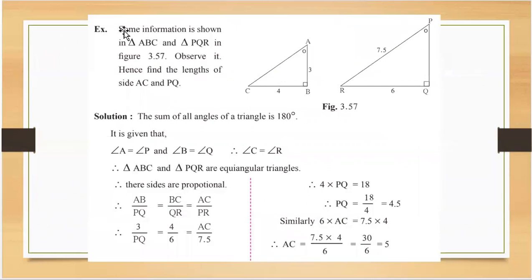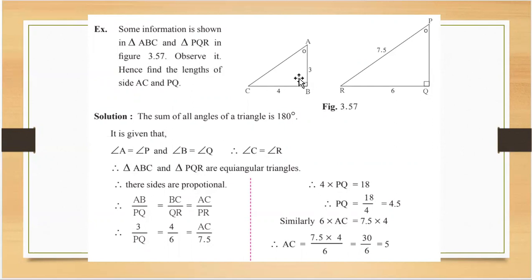So first example is some information is shown in triangle ABC and PQR. Already हम लोग को figures दिए and in that figures there is some information that is shown. What is that information? The similar angles which are there, they are denoted by similar symbols. Okay, so यहाँ पे similar symbol कहाँ पे है? यहाँ पे A angle को एक circle है, P angle को एक circle है, B angle पे 90 degree है, Q angle पे 90 degree है. That means what? Angle A is equal to angle P and angle B is equal to angle Q. ये तो we can see it through the figure.